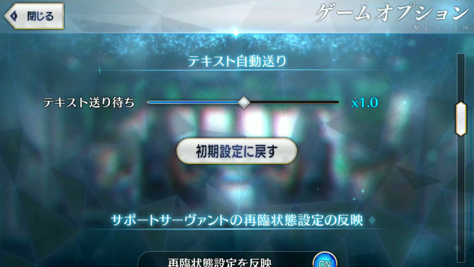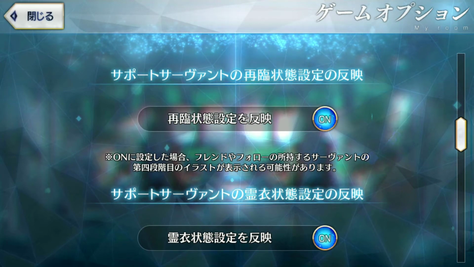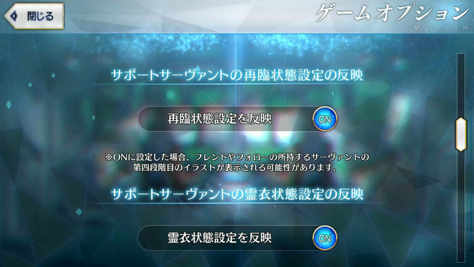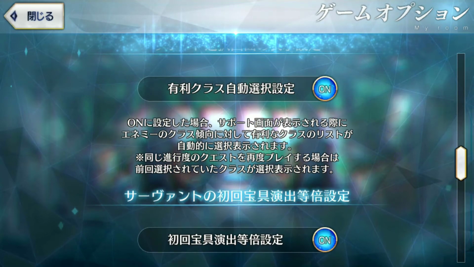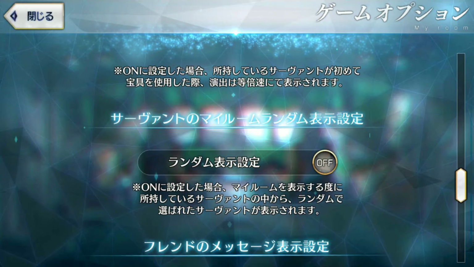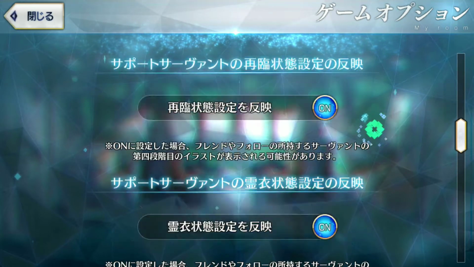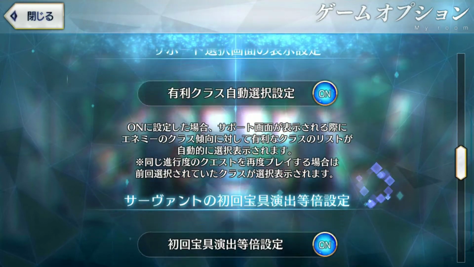I never understood what that was. This option right here. It says something about servants. I'm not sure, but what I usually do is just leave it in this form, which I don't remember what every single one of these options does, but it helps you to